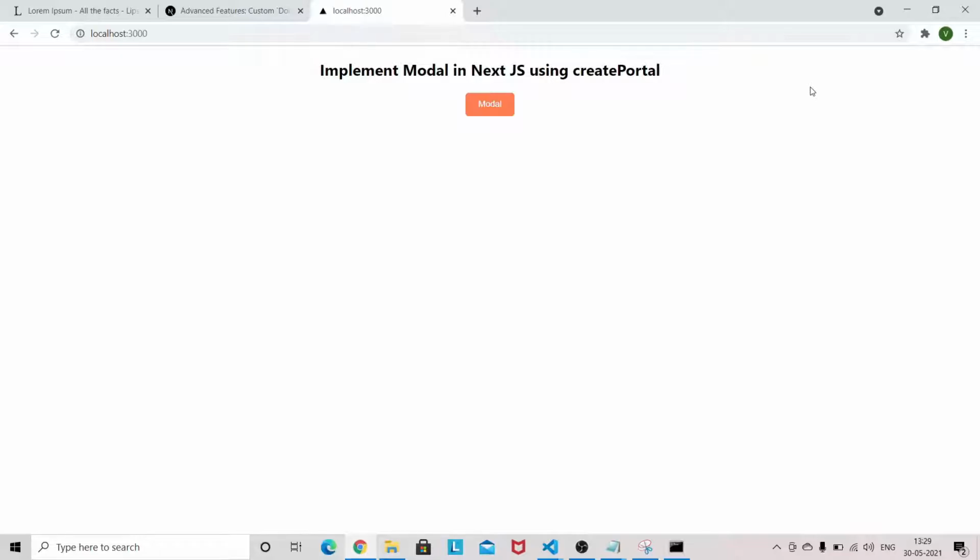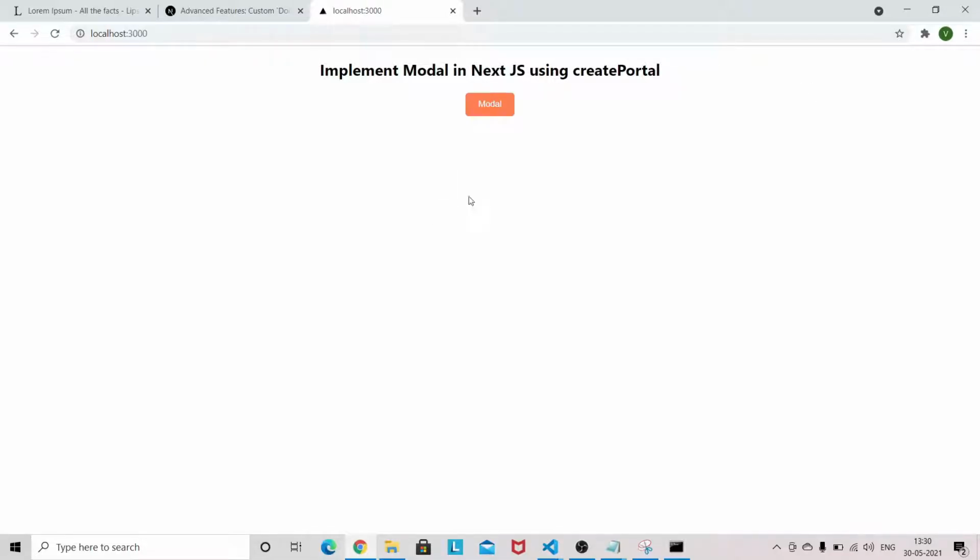I mean, basically, you don't have to do any kind of setup to implement a modal in normal React.js. But in order to implement it in Next.js, it works a little bit differently as compared to React.js.